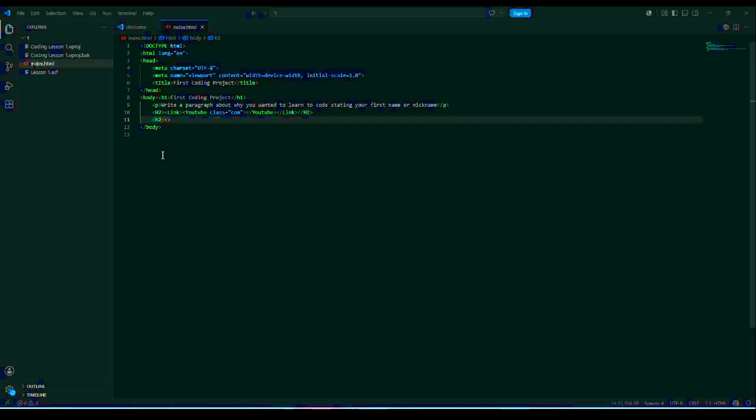Just put H2 and the Blooket thing, because the link thing does nothing and it looks bad. It's bloated. What am I doing? Okay, so